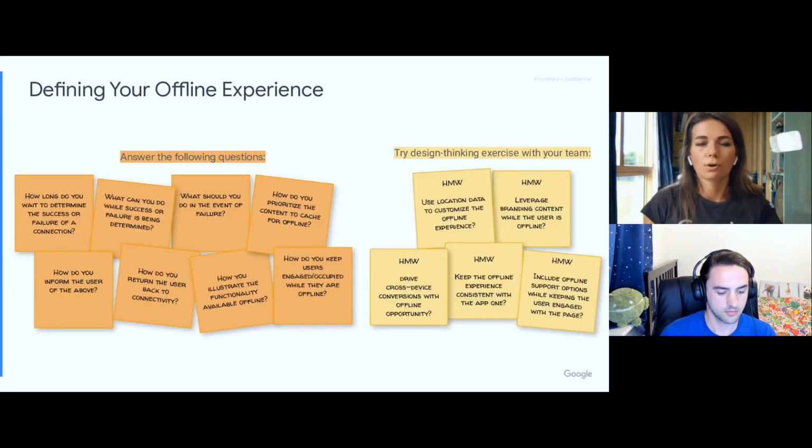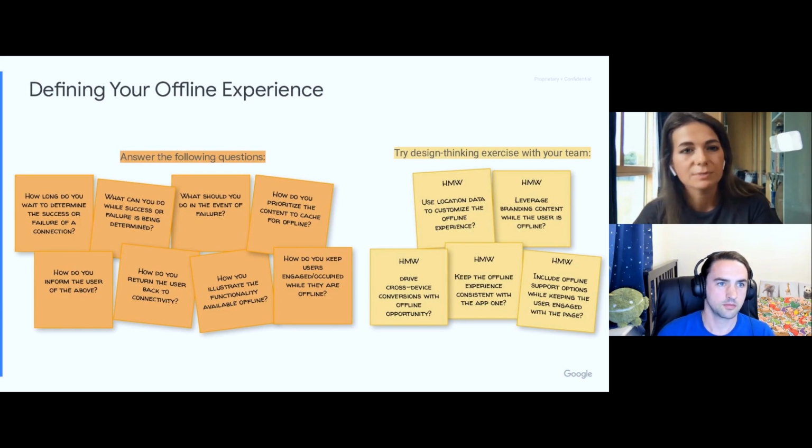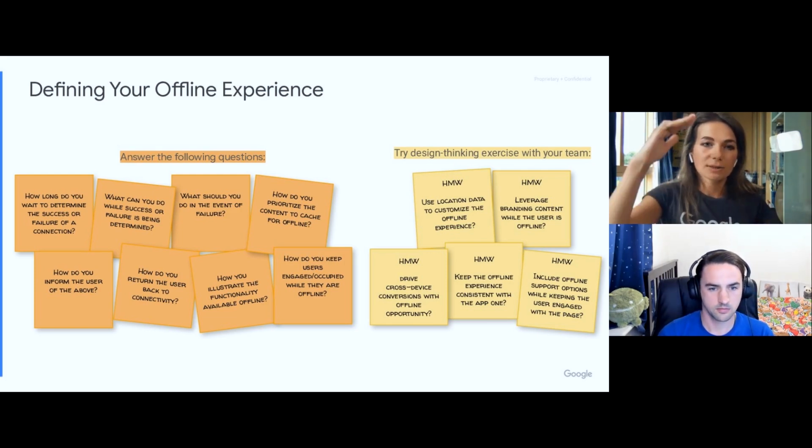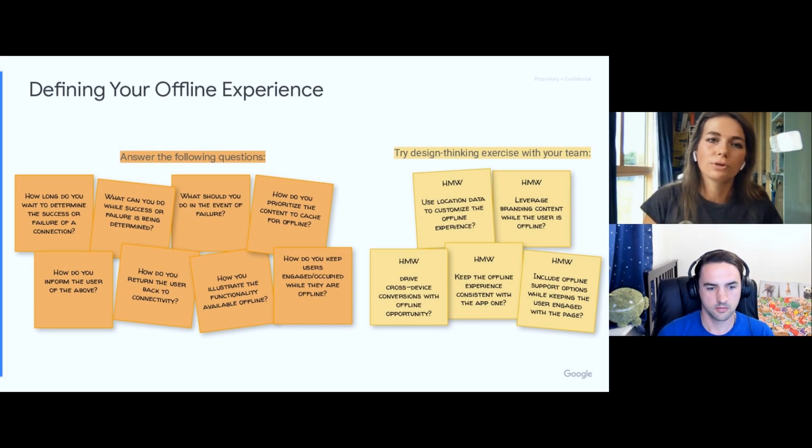When you're designing your offline web experience, there are some questions that you must answer, right? The questions on the left-hand side here are the must checklist that you need to go through when you're defining your offline experience. And on the right-hand side, I just gave you a few ideas for the how might we exercise.